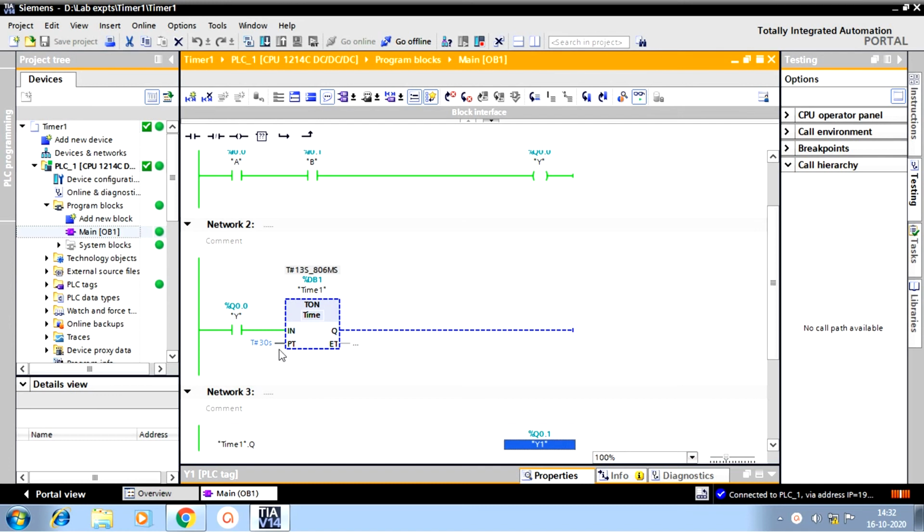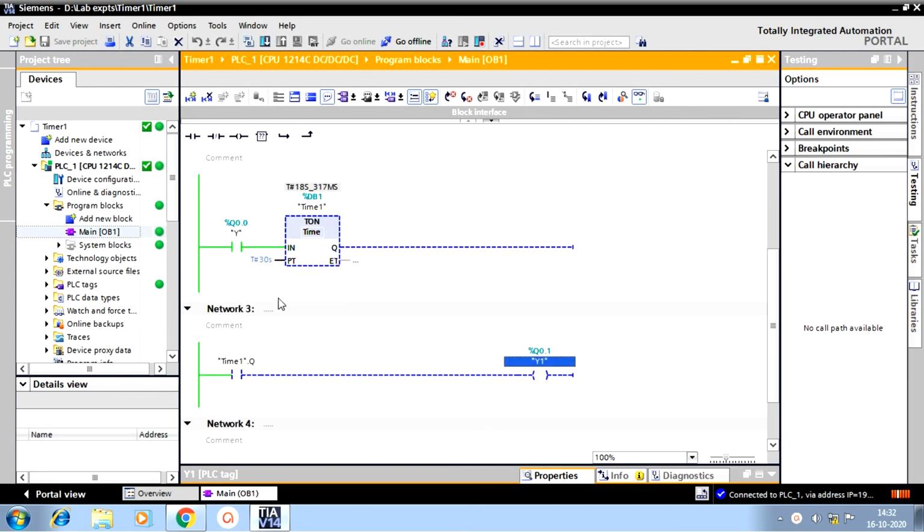If 30 seconds is reached, the timer output will go on. That output is placed as an input in this rung, and this goes true, the output will be on. Output Y1 will go on when the timer reaches 30 seconds.